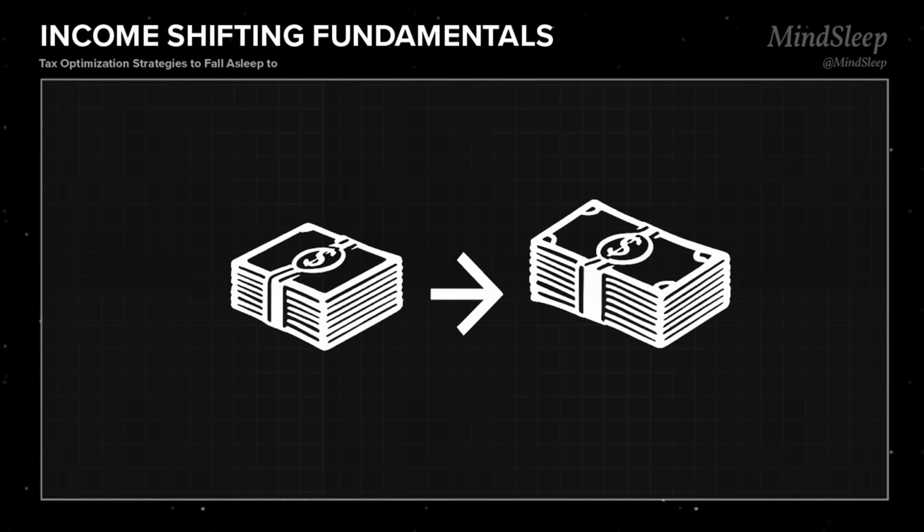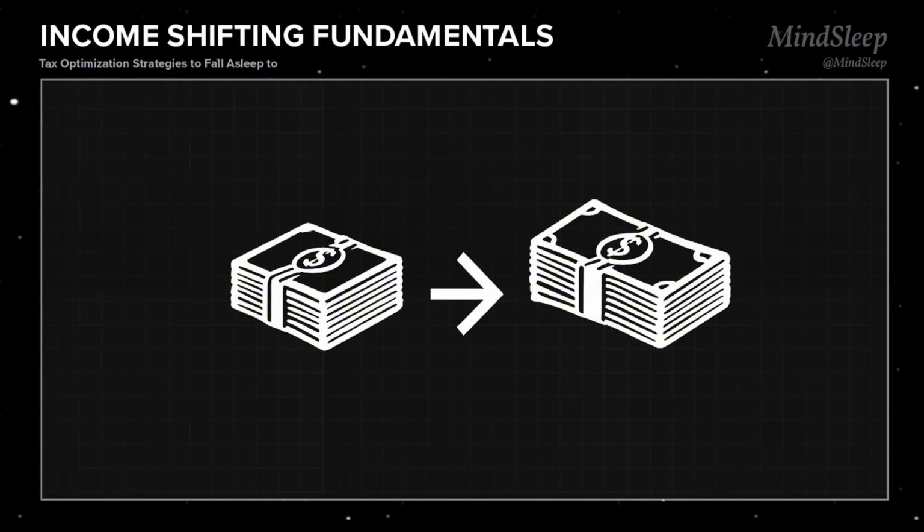lower tax rates. The basic principles of income shifting are intricately tied to the structure of tax brackets. In most progressive tax systems, income is taxed at increasing rates as it reaches higher thresholds. By understanding these thresholds, one can potentially distribute income in a way that maximizes the use of lower tax brackets. This is not unlike a skilled gardener who carefully directs water to different areas of a garden, ensuring optimal growth